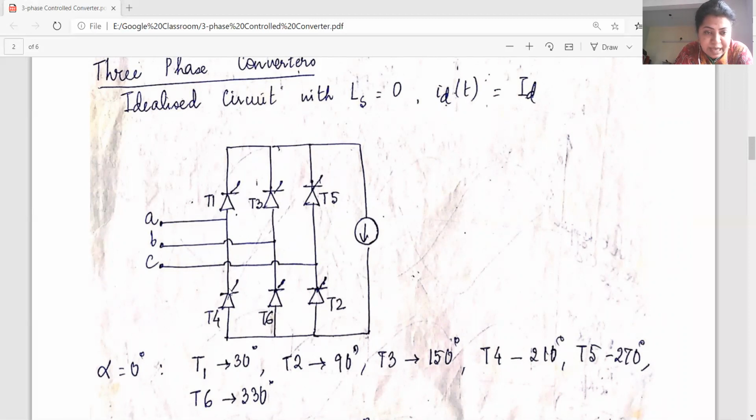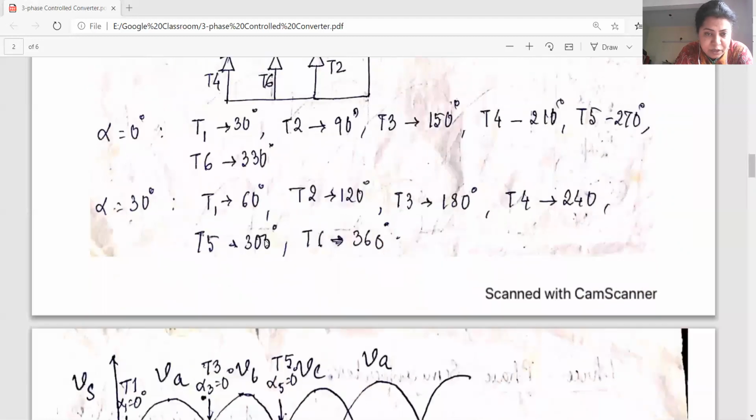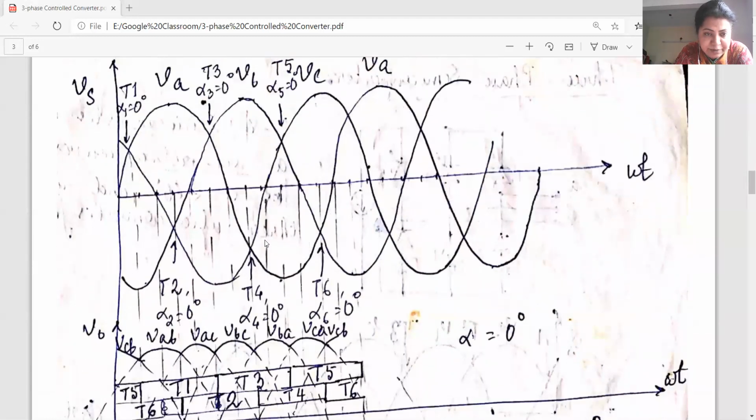Now similarly, we have T4, T6, T2 as the negative group thyristors. Negative group thyristors also we can see from this circuit diagram that T2 is forward biased when VC is maximum negative, T6 is forward biased when VB is maximum negative, and T4 is forward biased when VA is maximum negative. So from this circuit diagram we can see